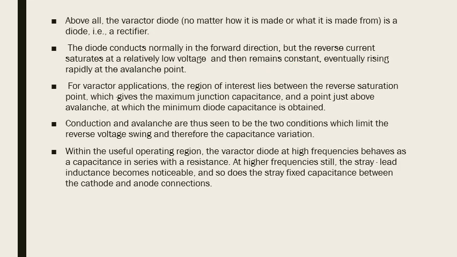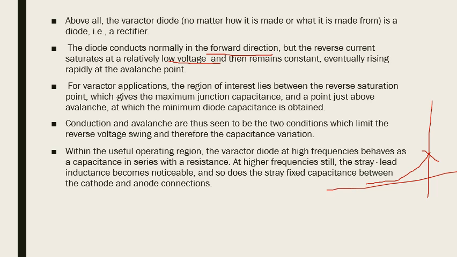As I told you, when we look at the equivalent circuit, it is always going to have a series base resistance and a variable capacitance. It normally conducts in the forward direction. That means in a normal forward bias condition, it will just conduct in the forward direction. But the reverse current saturates at a very low voltage. You've seen that already in the characteristics, right? It is happening at a very small value, the C naught value. So you expect Fc equal to 1 upon 2 pi Rs into C naught, with a very small, minimum value of capacitance.